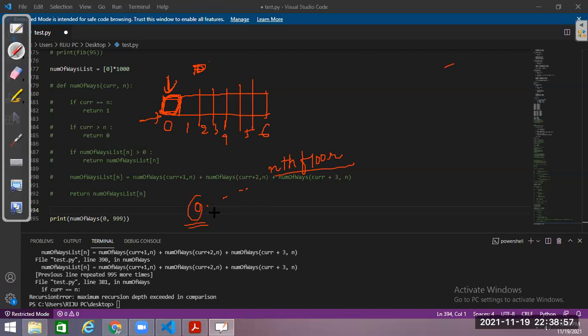I am already standing at the ground floor, so I require one answer. Will it be 0 or will it be 1? Someone has given me the answer 1. Somebody has given me the answer 0.